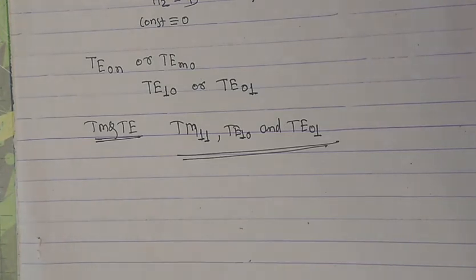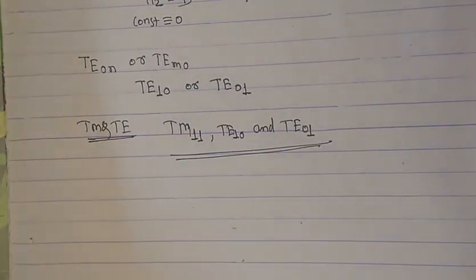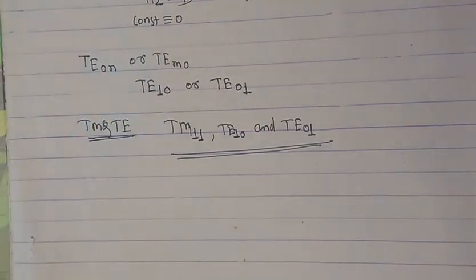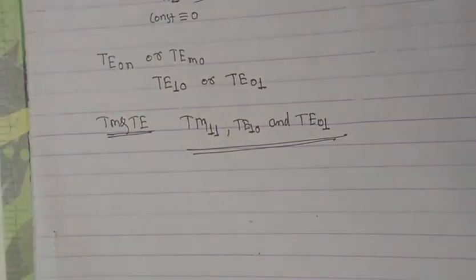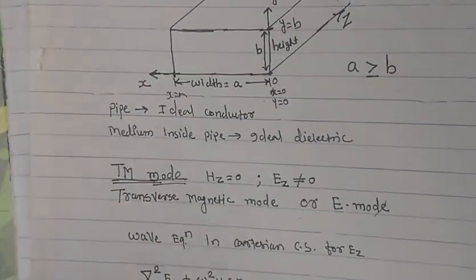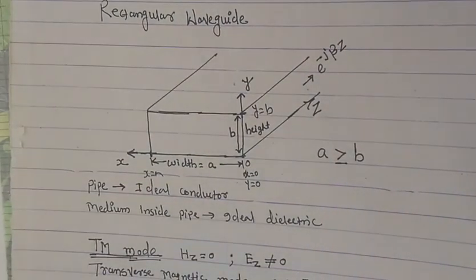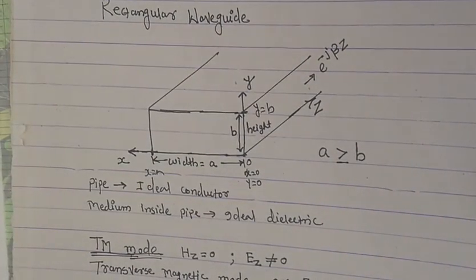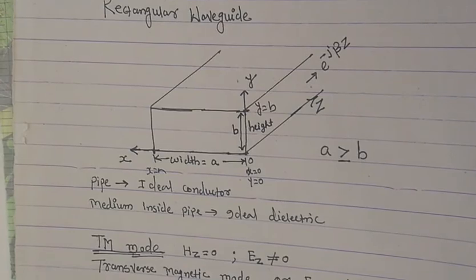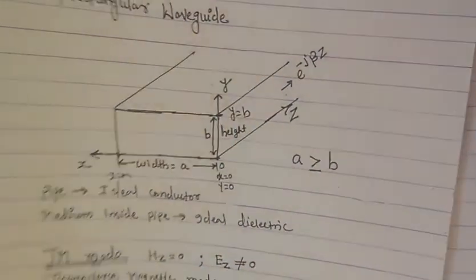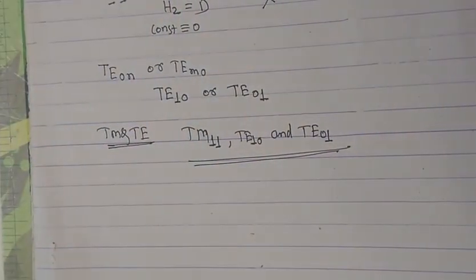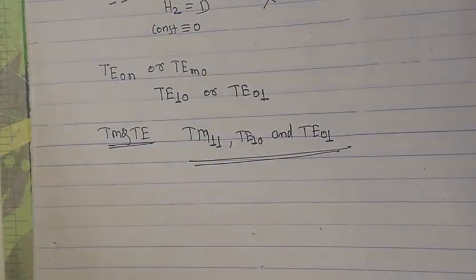So in the next class, before that, I hope now you will appreciate what we have done in the second lecture. In an intensive manner, we have obtained these four field equations, and we have done TM mode and TE mode analysis of a rectangular waveguide with reference to those four field equations, the basic vector identities, the wave equations and some elementary mathematics.